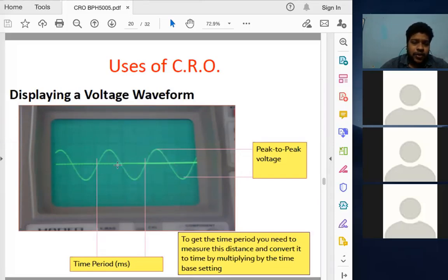So you know how much distance this is covering on the screen. And then from the time base, we know the conversion formula. So from that we can calculate the time period, and from the time period you can calculate frequency. So to get the time period, you need to measure the distance and convert it to time by multiplying it